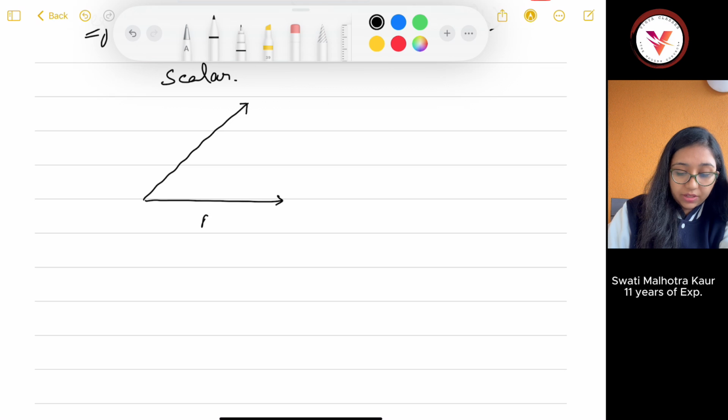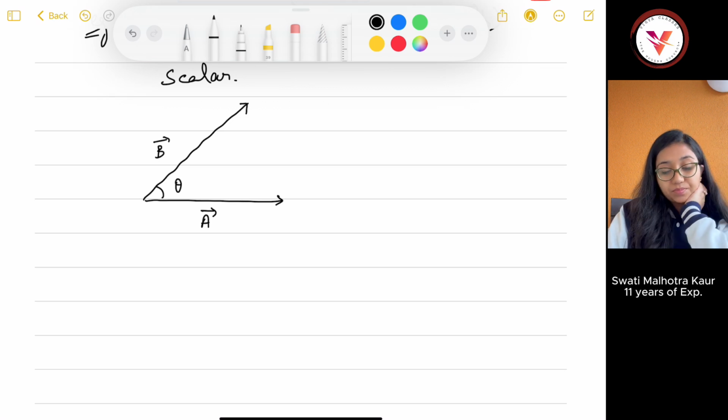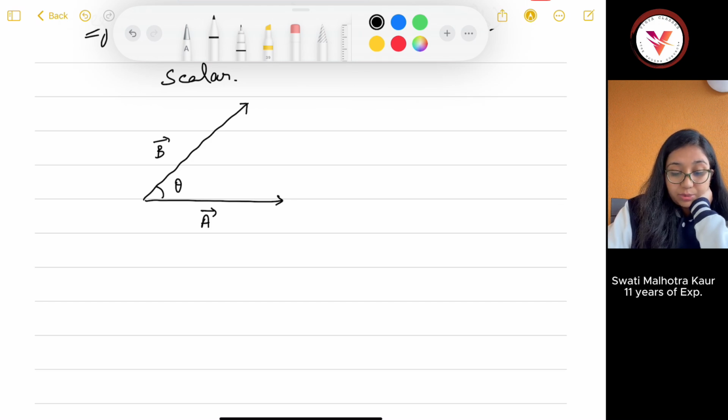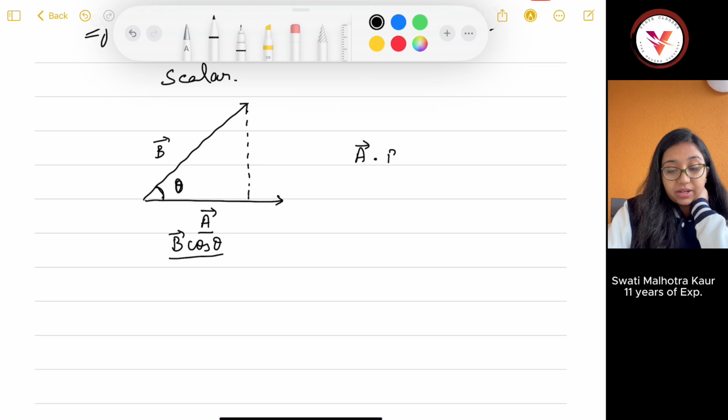This is your A vector and this is your B vector, and there is some angle theta here. Now what you will do, let's take the projection of B vector on A vector. Drop a perpendicular here like we have discussed in a previous video, and along theta you can resolve it as B vector cos theta. Now you can multiply this with this, so your A vector dot B vector is basically